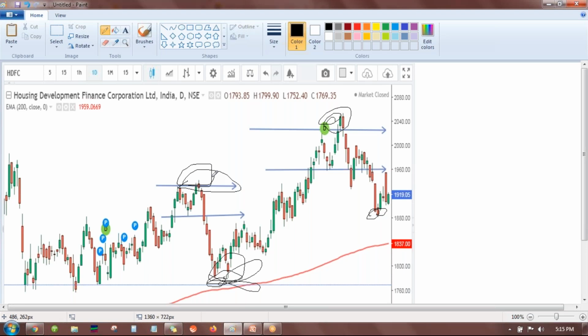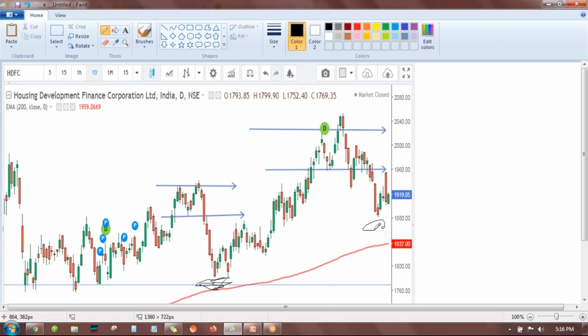When people are buying near the 200 exponential moving average, that is a trend following strategy. When I'm talking about prices being far away, there is a huge gap between the exponential moving average and the price, because this moving average works like a magnet. Whenever the price moves away from the moving average, it will come to touch it, or if not touching, it will at least come near, like here, near the exponential moving average. I'm not saying that it will always come and touch the exponential moving average.